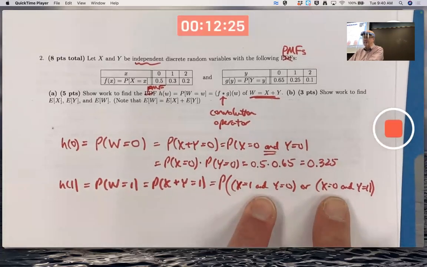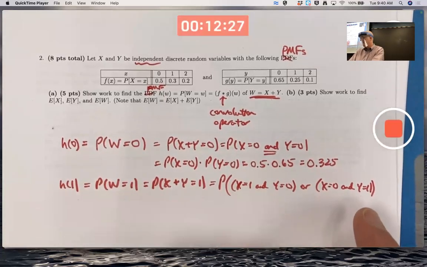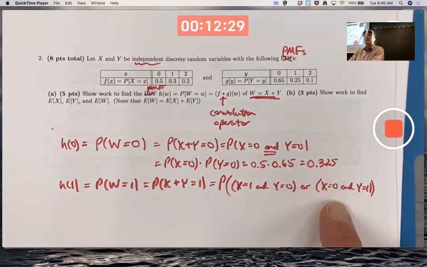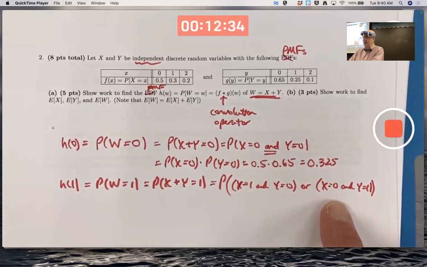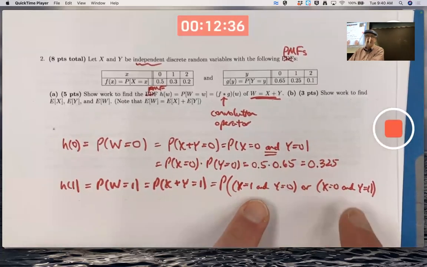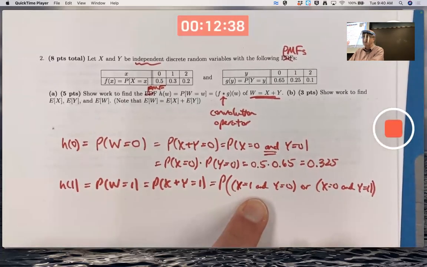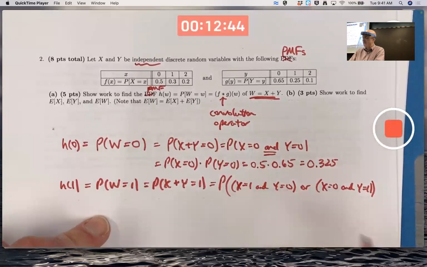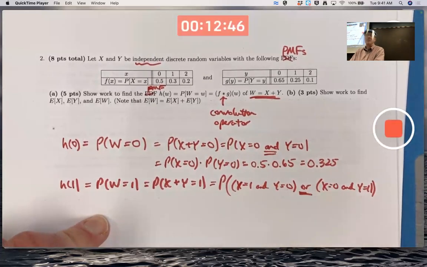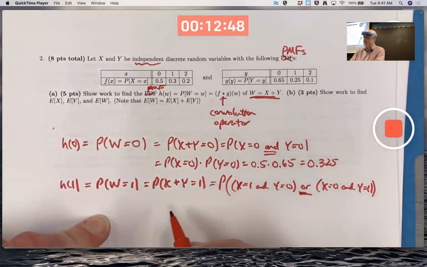These two events, X equals 1 and Y equals 0 versus X equals 0 and Y equals 1, are definitely mutually exclusive events, right? Disjoint. If one happens, the other can't happen. You don't need to assume they're mutually exclusive. They are mutually exclusive. So by the or there and the addition rule, which is really an axiom for probability,